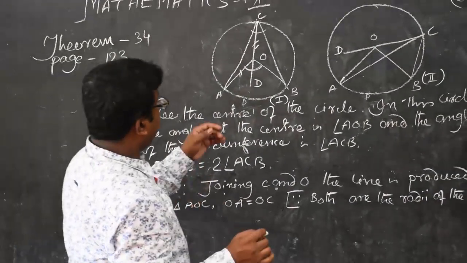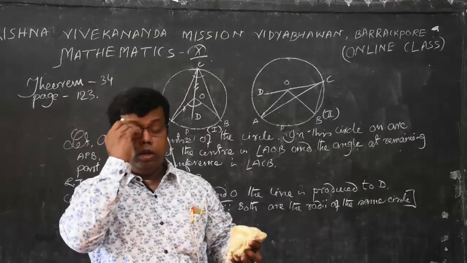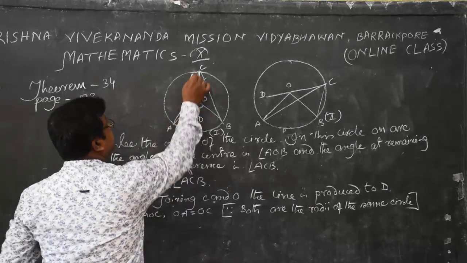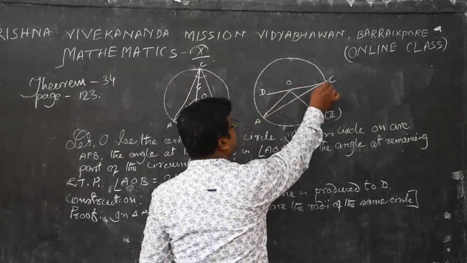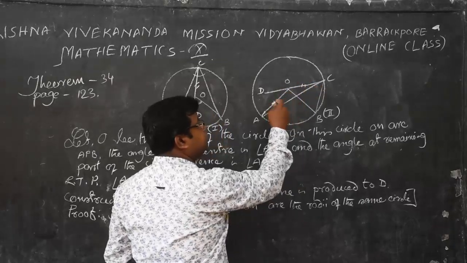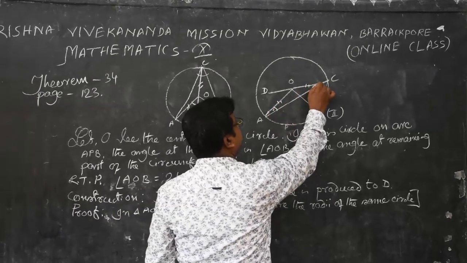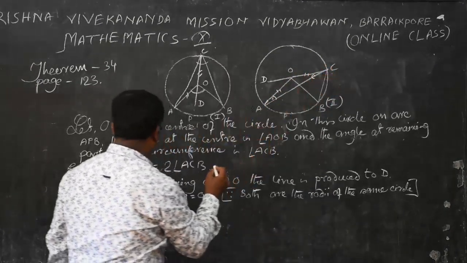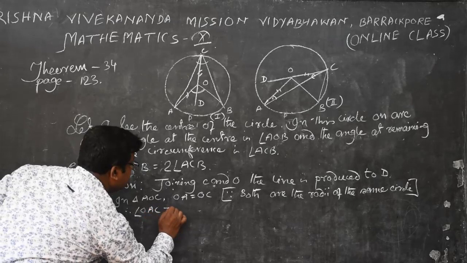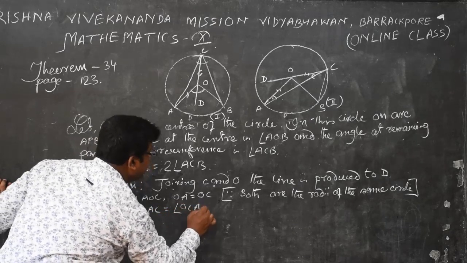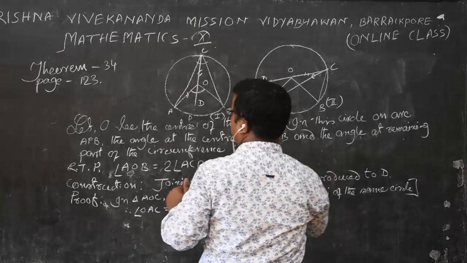Okay, therefore if two sides of a triangle are equal, then their opposite angles are also equal. So here angle OAC equal to angle OCA. Look at the second figure. In triangle, I am talking about triangle AOC. Here OA equal to OC. Here also both are the radii of the same circle, so their opposite angles are equal. That is, this angle equal to this angle. Angle OAC equal to angle OCA. Therefore angle OAC equal to angle OCA. Okay, I am telling again. If two sides of a triangle are equal, like this, I am writing here.